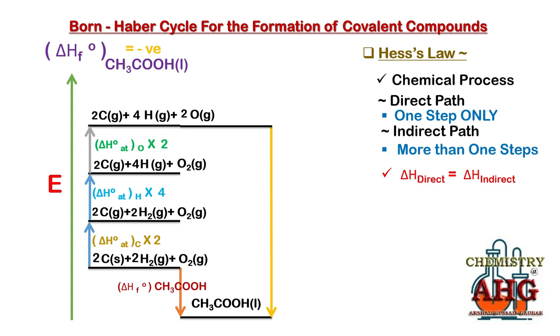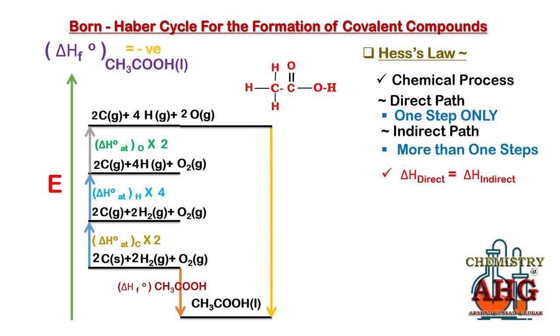Now in a single covalent compound there can be a number of different covalent bonds. So whenever you want to label bond enthalpy, you must know the displayed formula of the given compound. From the displayed formula you can find the number of covalent bonds. For example, I am writing the displayed formula of ethanoic acid in front of you, and you can come to know how many different covalent bonds are present there, and you will have to label the bond enthalpy of each covalent bond present within ethanoic acid. This is the displayed formula of ethanoic acid.